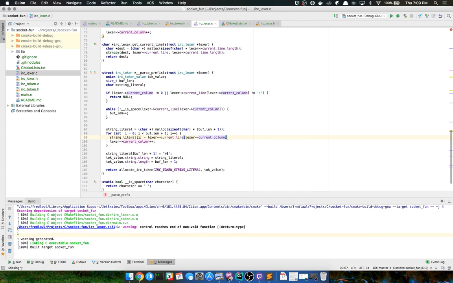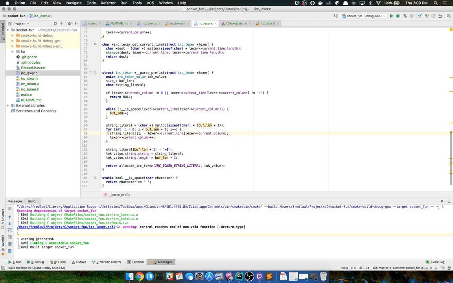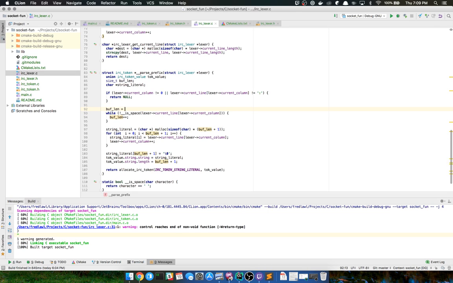So this way it can offset. Up here I'm saying that it always has to be 0, but in case there's ever an offset, we're A-okay. Buff lane has not been initialized, so make that 0. Okay.